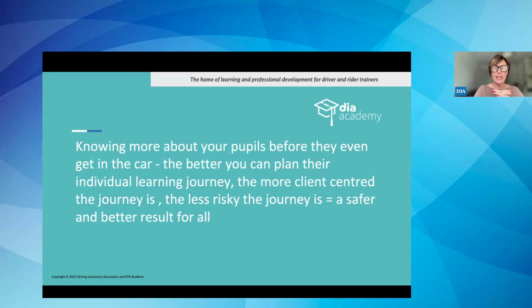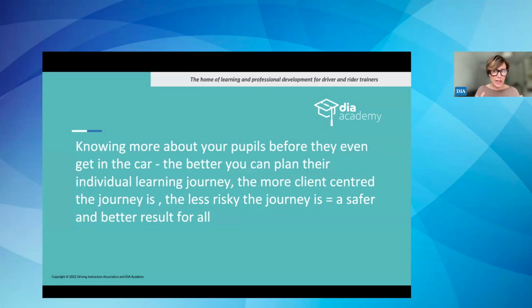So pupil profiling is something that is used, in terms of profiling a customer, more widely across the spectrum of different industries and different professions. My background before coming to DIA was as a global marketing director for a very well-known private bank, an investment bank. And in financial services, if you've ever worked in that arena yourself, or you have been a client of financial services, you may be aware of a phrase called KYC, know your client. And that is the information gathering process that you have to use. It's a regulatory thing with your clients in financial services to understand them in order to understand the best investment solutions and money management solutions for that person.